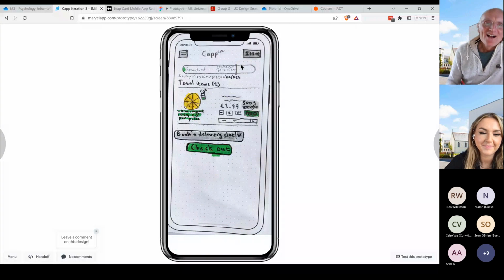So to do this project, the students would have had to go out and ask, how do shopping apps work? How can we display information about the CO2 footprint of stuff that people buy? How can we do it in a way that's user-friendly and not going to put people off? Because there's no point in designing an app that nobody wants to use. So it has to be done in a way that's user-friendly and acceptable. And then how do we test this?